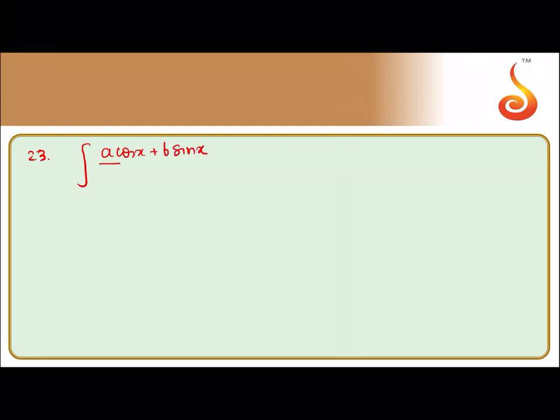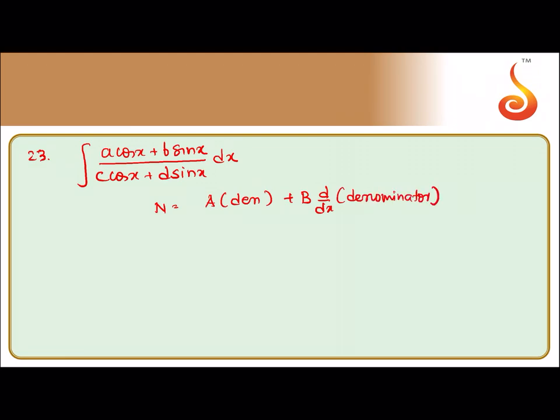(23) Another model most expected in examination. Integral of a cos x plus b sin x divided by c cos x plus d sin x dx. The concept is numerator is equal to A into the denominator plus B into the derivative of the denominator function. If you solve this, you get it in the form of